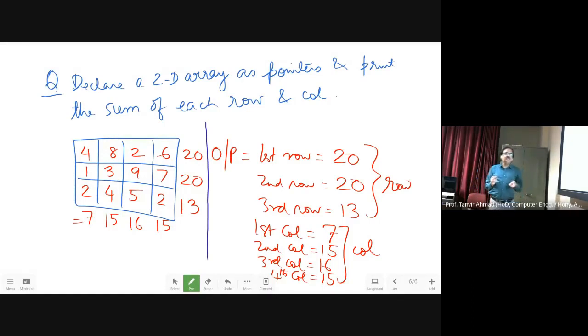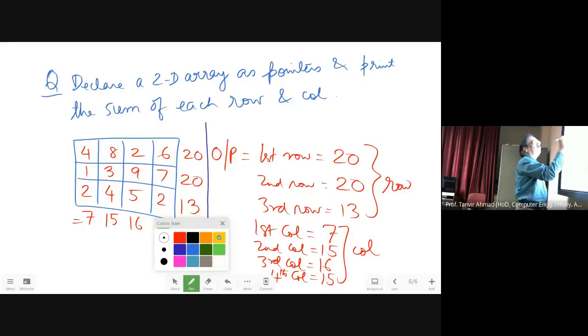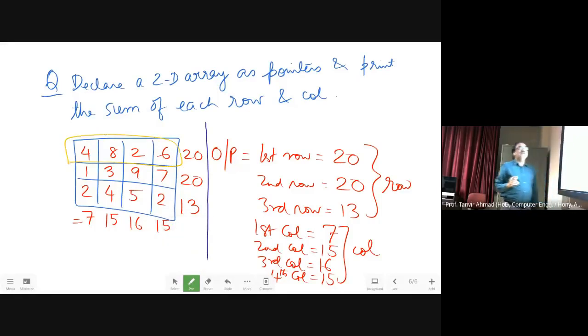Therefore, if you can do this and use pointers everywhere, that means once I am going to add this one, I am going to add this one. I will write for i equal to 0, i less than 4, plus i. Then you pick these numbers. Now I will just tell you what the numbers over here are. It's A00, A01. This value is nothing but A plus 0 plus 0. This A plus 0 plus 1. A plus 0 plus 2.